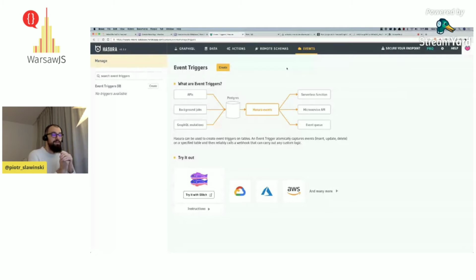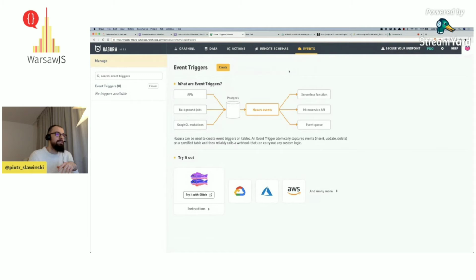And for the sake of this presentation, I only use the first two tabs. The last three are still something to be discovered by me, so I encourage you to do it yourself.